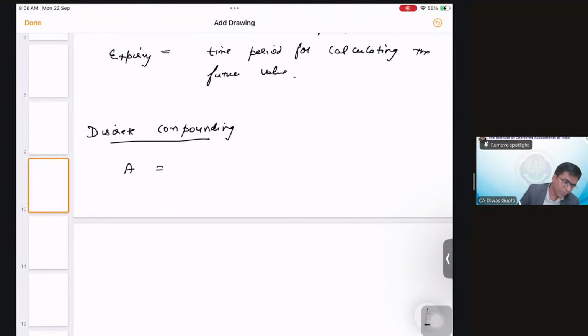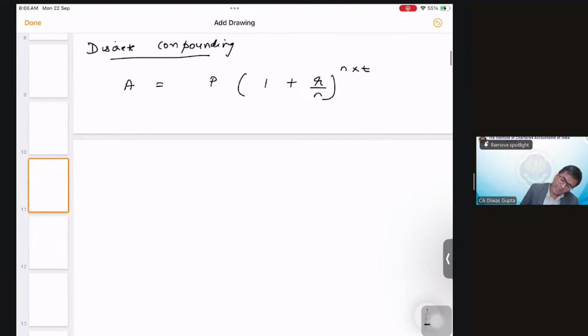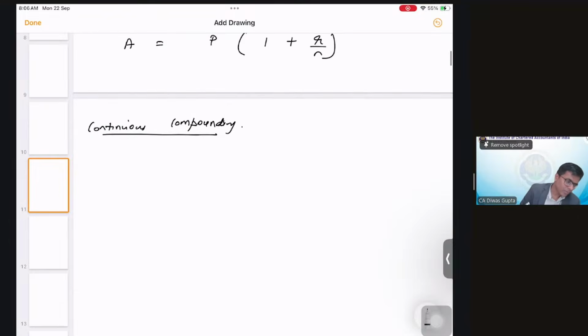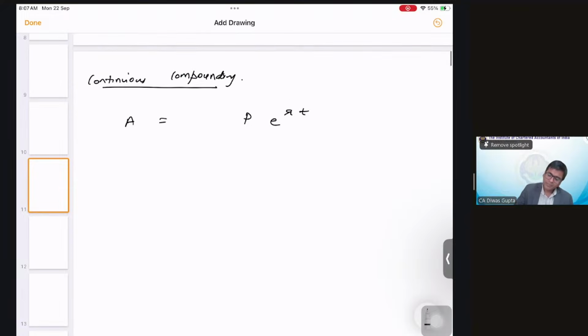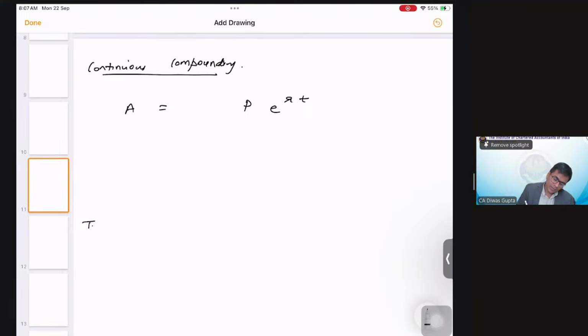A is equal to P into 1 plus R divided by N, raised to the power N into T. And for continuous compounding, A is equal to P e raised to the power R into T, students. Okay. One more thing. Let's say today